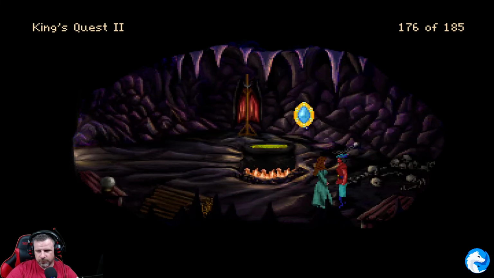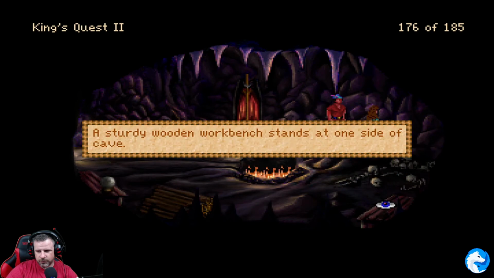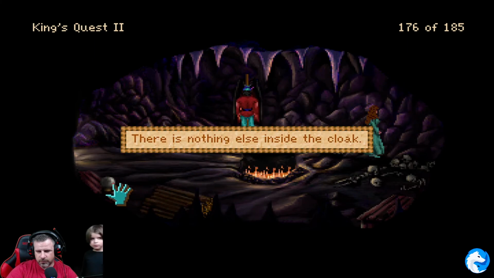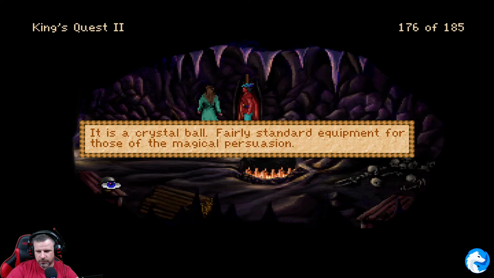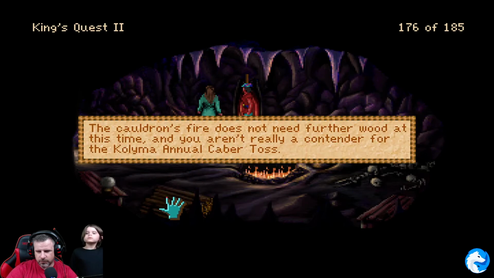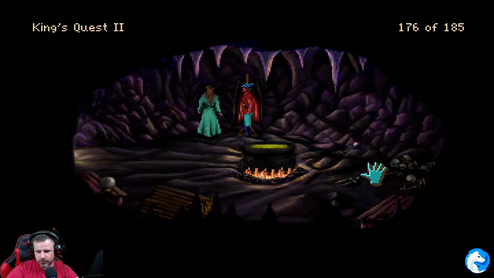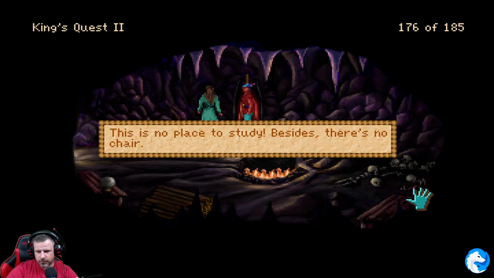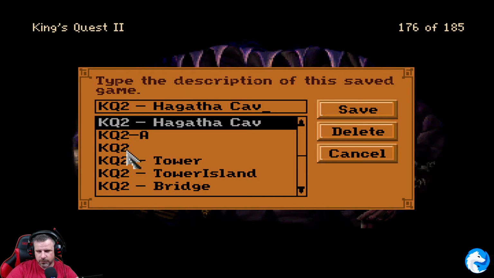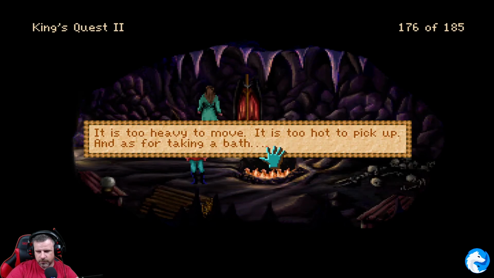There will be a sturdy wooden workbench. There is nothing else inside the cloak. It is a crystal ball. Unfortunately, you are not versed in the skills for operating one of these. The cauldron's fire does not need further wood at this time, and you aren't really a contender for the Kalima annual caber toss. You don't. This is no place to study. You have. It is too heavy to...